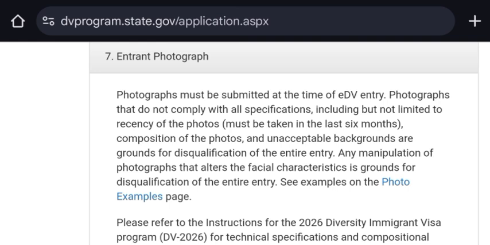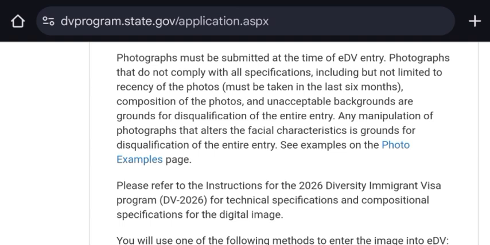In your city, there is a typing center where you can go and take an original picture, which they edit to meet all the requirements. Any manipulation of the photographs that alters the facial characteristics is ground for disqualification of the entire entry.